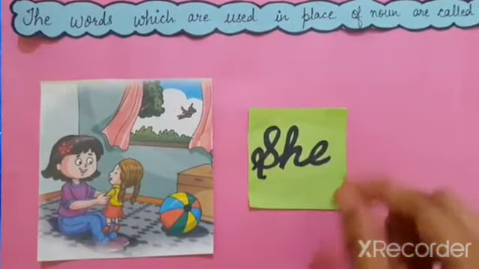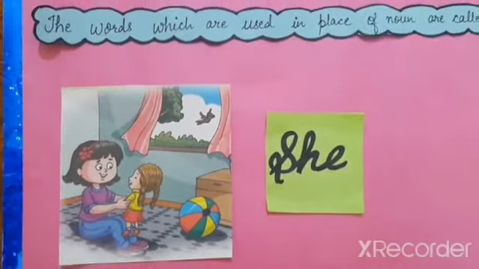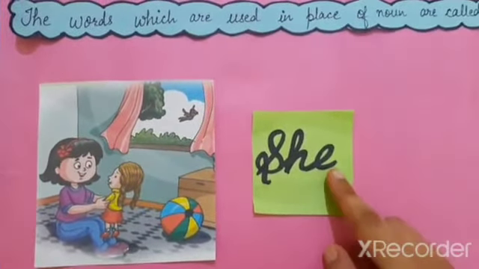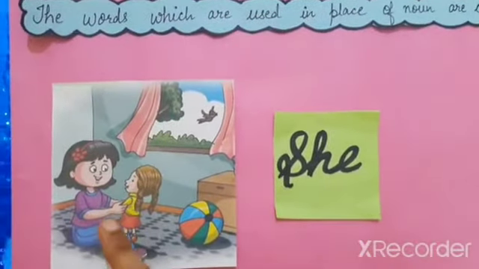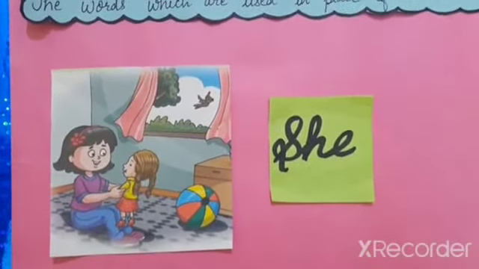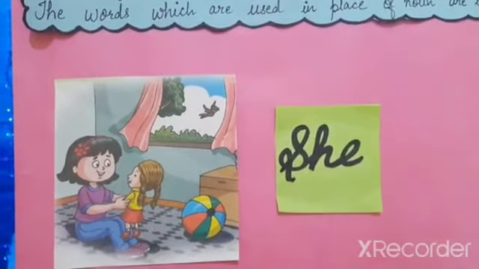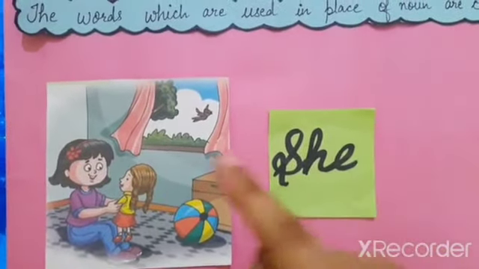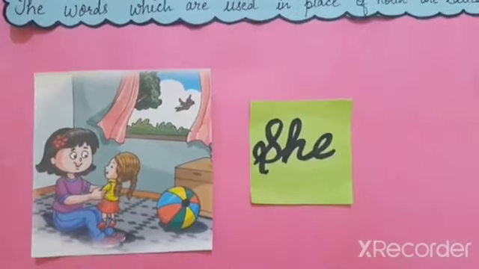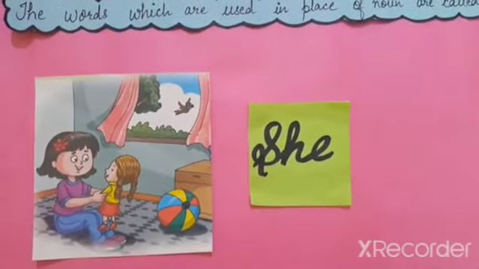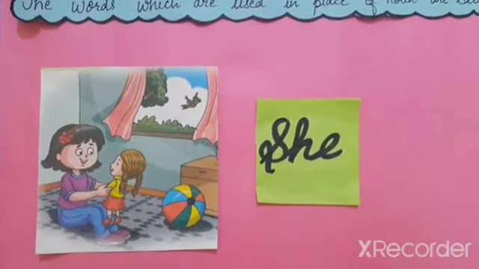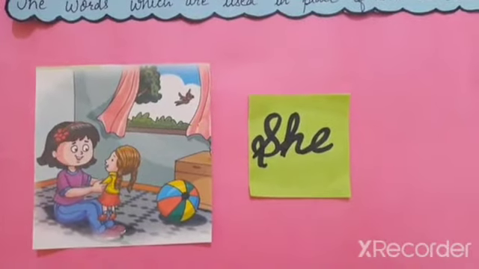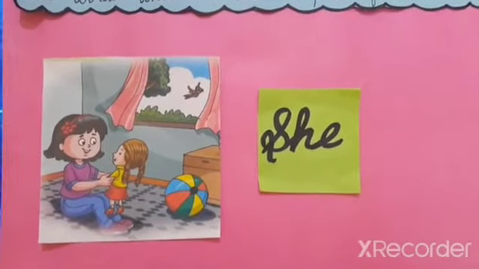Now let's revise. This is a girl. She is playing with a doll. She is wearing top and jeans. She is smiling. She is wearing one red hairband. So students, we use the pronoun she in place of a girl or female. Okay? And use he in place of boy or man. Okay? Now next,